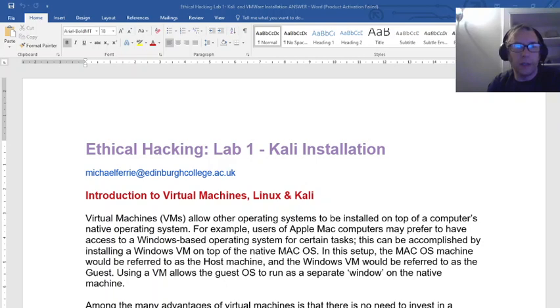So first things first, this document here is step-by-step instructions. So this video is designed to help you to get through the installation, and if there's anything that you're not sure about, you can refer to this as a way to gain information about how to complete your installation. So first thing is